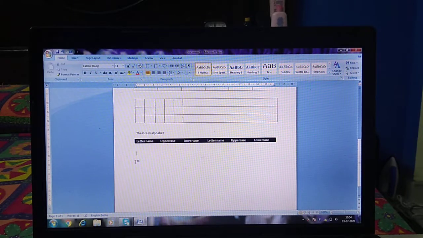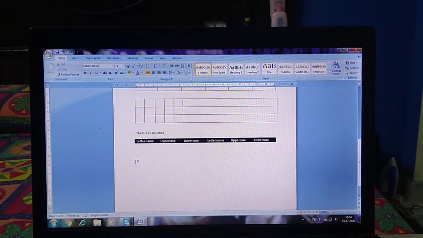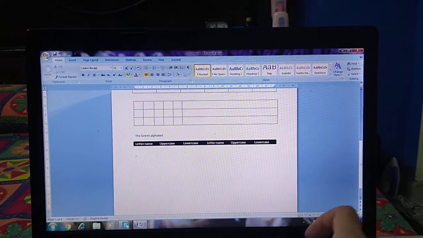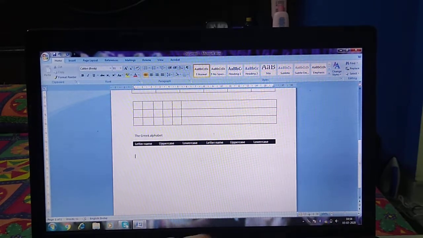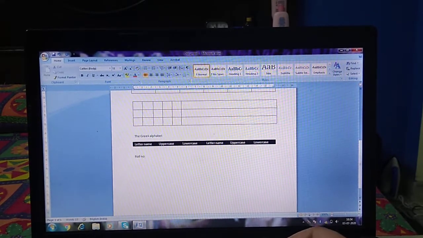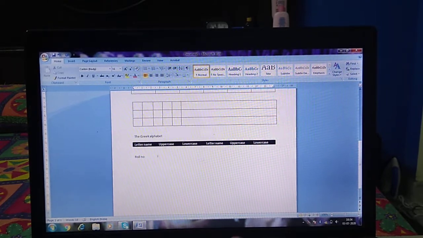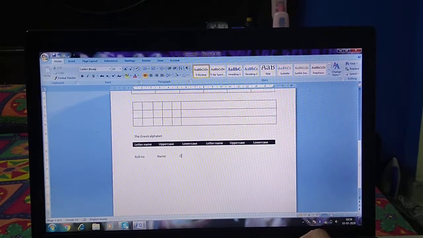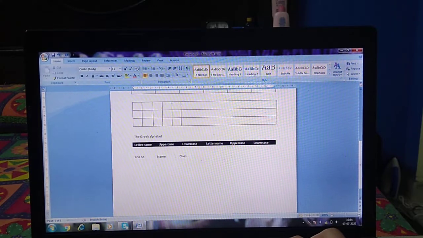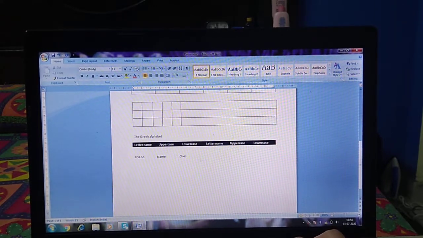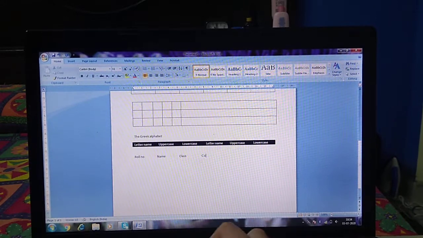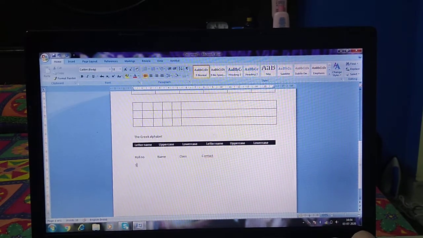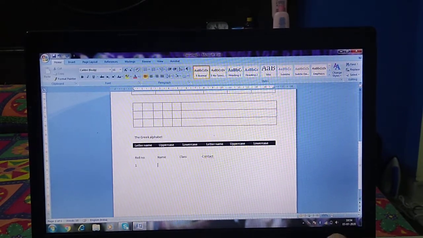For converting text to a table, we just want data in the table, so we are writing roll number, then press the tab key, then I'm writing name, then again the tab key, then class, then again the tab key, then contact. Then in the second line I'm writing 1, then the tab key.